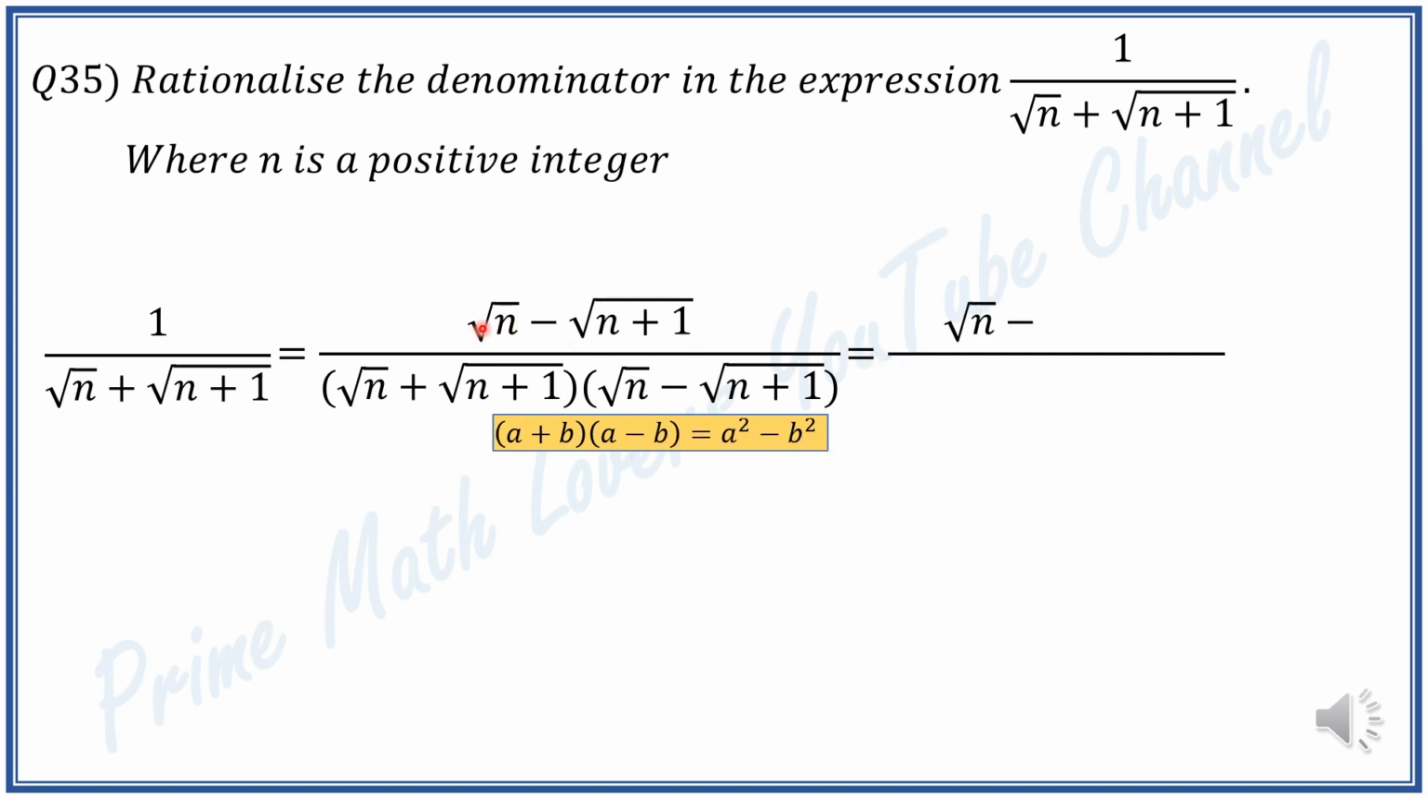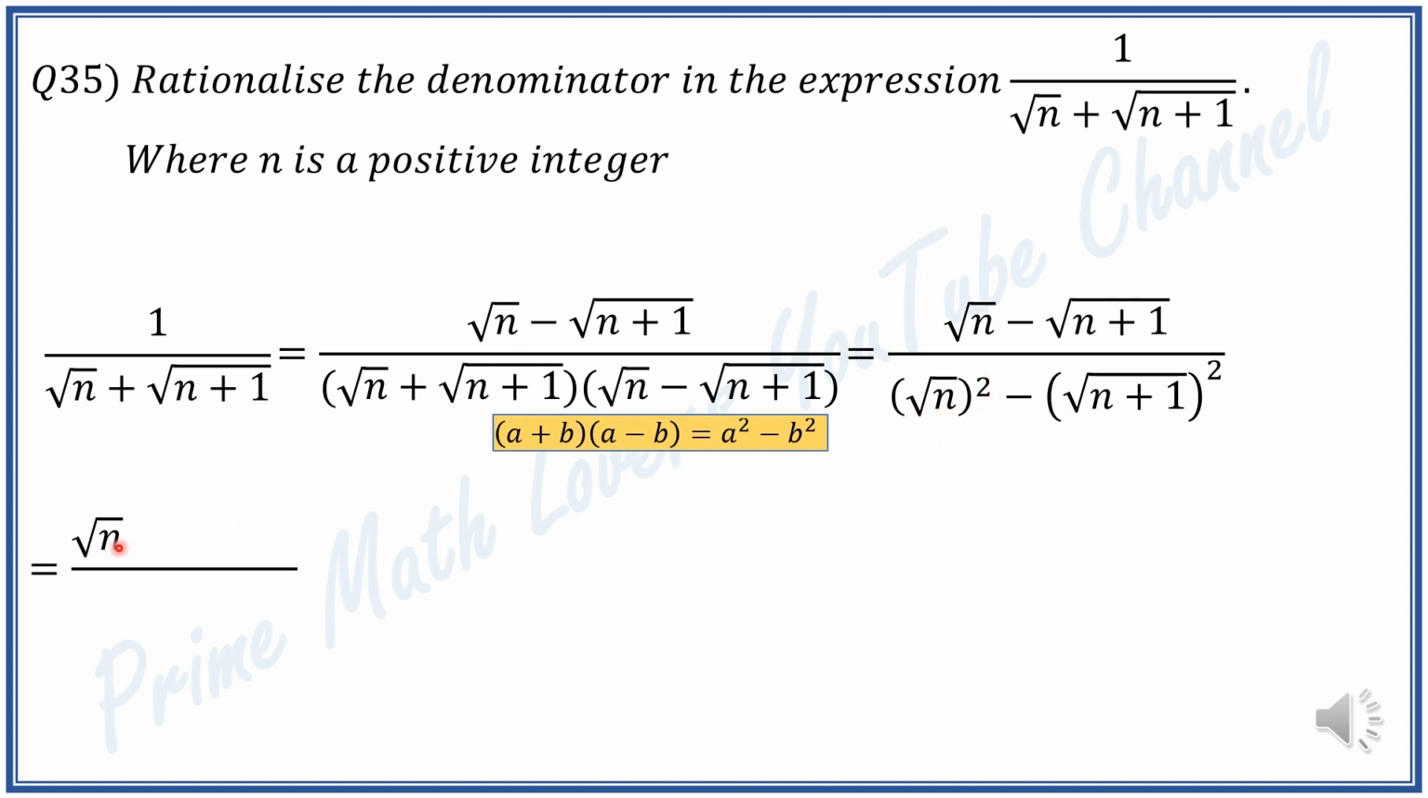we get the numerator will be the same, square root of n minus square root of n plus 1, and the denominator will be a squared minus b squared. a is square root of n and b is square root of n plus 1. So it will be square root of n to the power of 2 minus square root of n plus 1 to the power of 2. And we know that square root of anything to the power of 2 is that thing. So square root of n minus square root of n plus 1 divided by square root of n to the